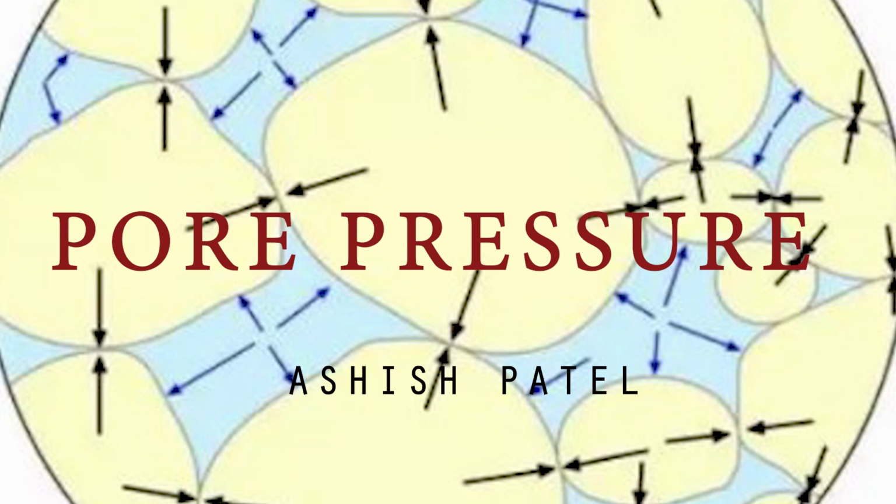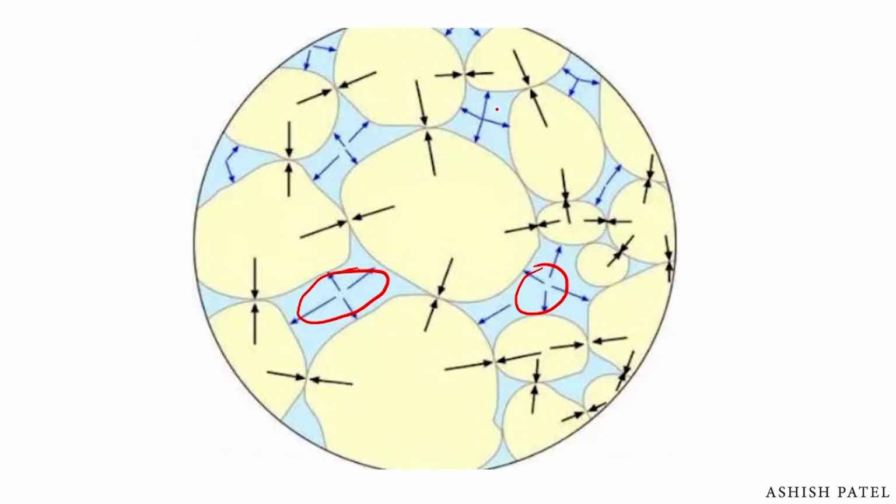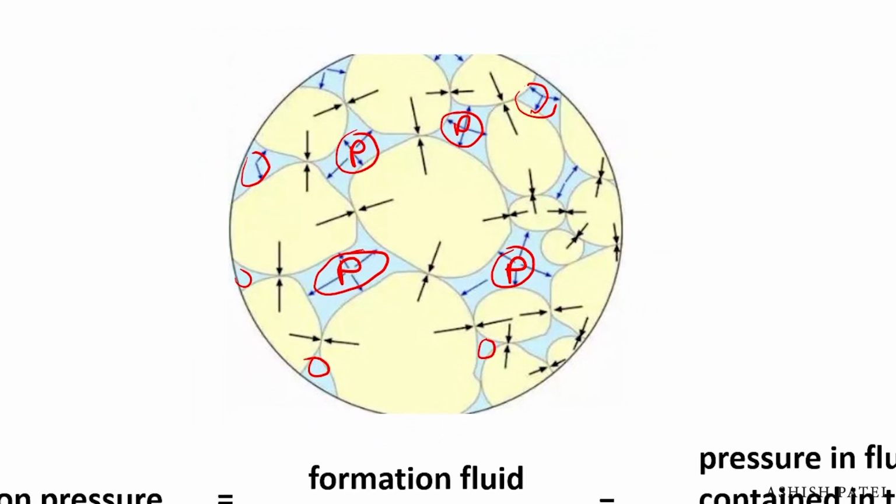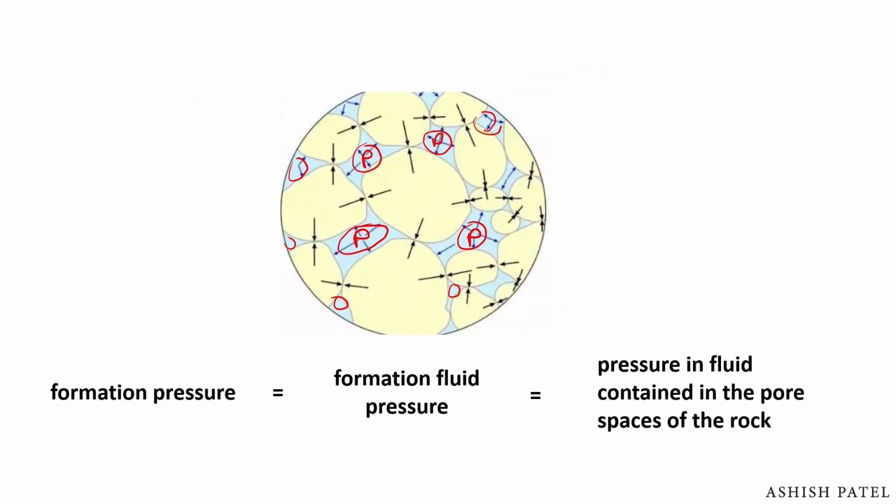This video is about pore pressure, types of pore pressures, and the methods to evaluate pore pressures. In terms of petroleum and geology, pore is defined as empty space between the rock grains. In fact, these spaces are not empty at all. They contain water, oil, and gas, depending on the type of organic matter deposited, and the pressure exerted by these fluids is known as pore pressure.